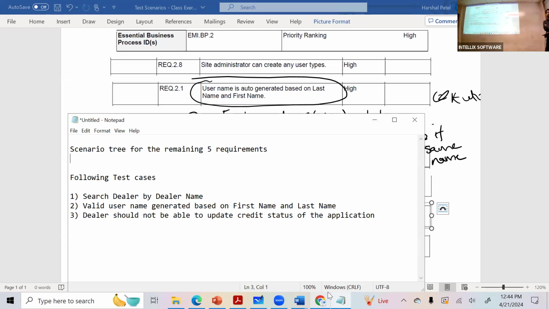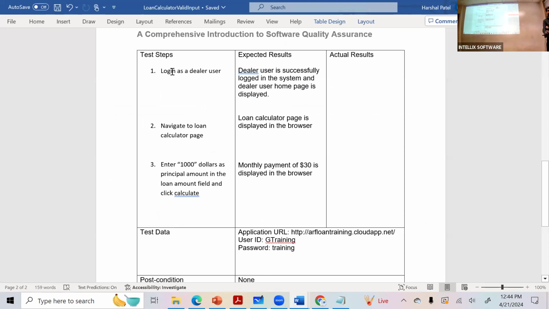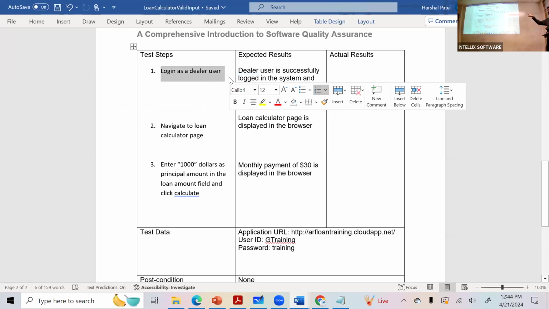Okay, and he will send you all of these things, the 2 use cases that we wrote. Remember, as I mentioned, when you log in as a dealer user, this is a high level step we talked about, but there are 2 steps. In the super user login, we said first go to the application homepage, enter specific credentials, and then there is a specific expected state for each one of them. Be as explicit as possible.